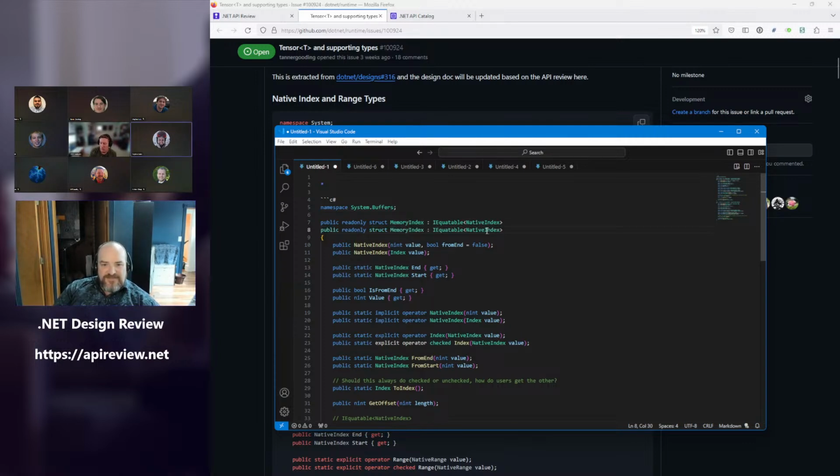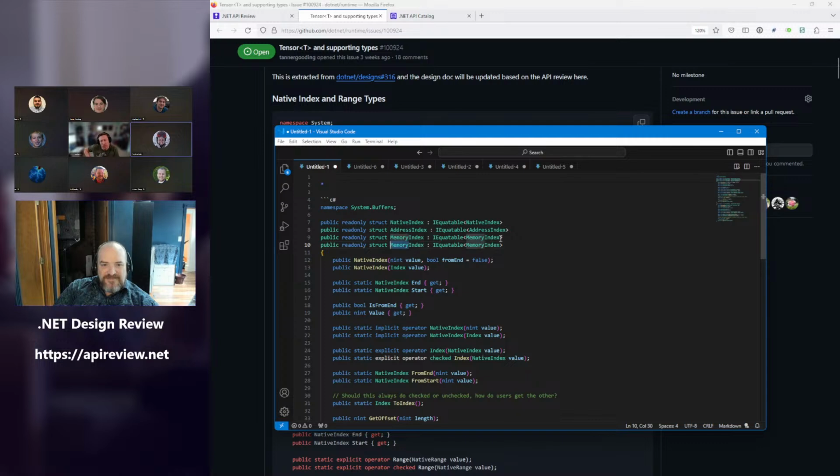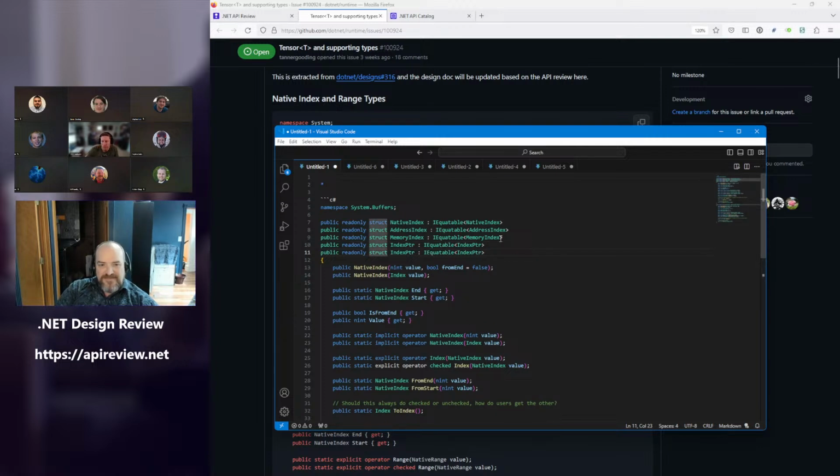I think it has to deal with the memory type almost, the system memory. And do we know we want to move it into system buffers? Have we decided that? No, I just threw it up there as a, maybe if it's out of system, your brain thinks differently. I'm just letting people visualize things. If it really is very similar to index, which it seems to be, I think putting it in the same namespace makes sense. And then the same for the range version of this.